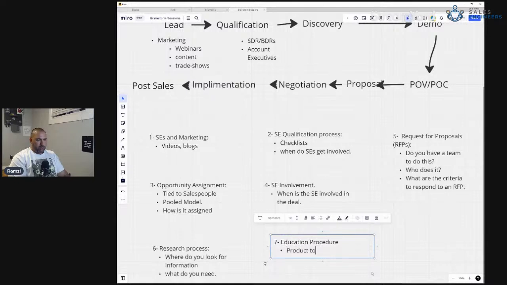Product to sales, SEs to other SEs. Basically, what I'm saying here is every month, every 2 months, there's a new feature coming out for the product that the company sells. How, if you're at a startup, if I don't know if